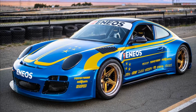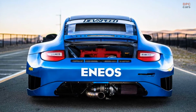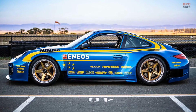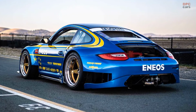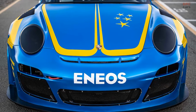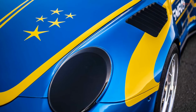ENEOS, Japan's largest oil company, will display a 2007 997.1 Porsche 911 GT3 at this year's SEMA show. It was bought at auction as a rolling shell after it was crashed and stripped by a previous owner. With no engine and a reputation for fascinating swaps, Faruk Kugay from DevSpeed Motorsports chose a 2008 Subaru Impreza STI